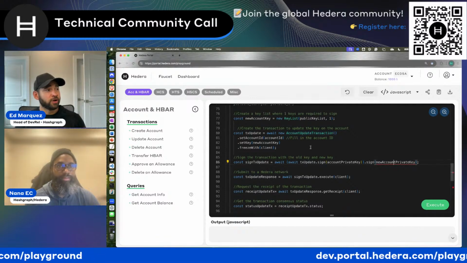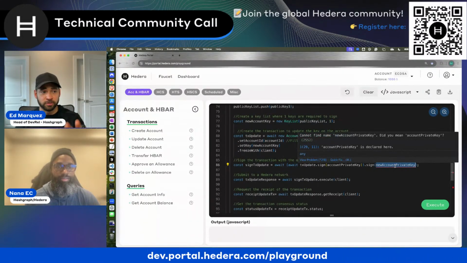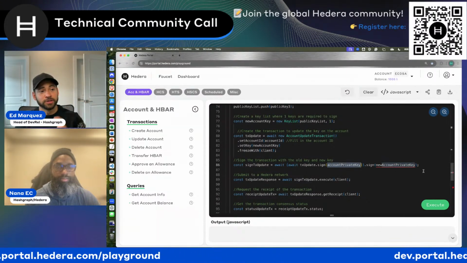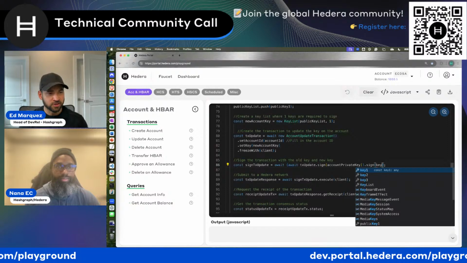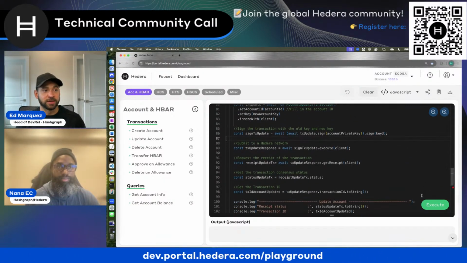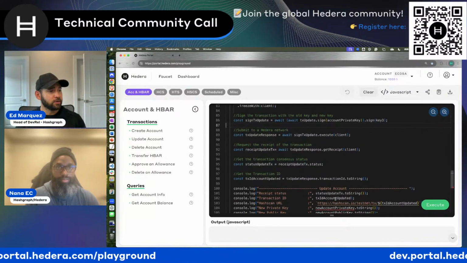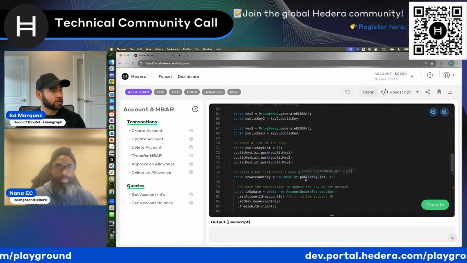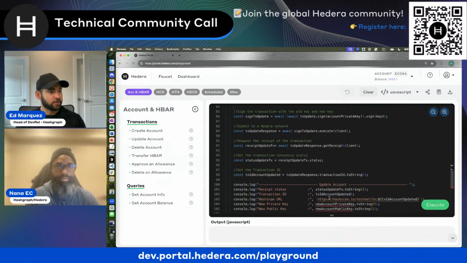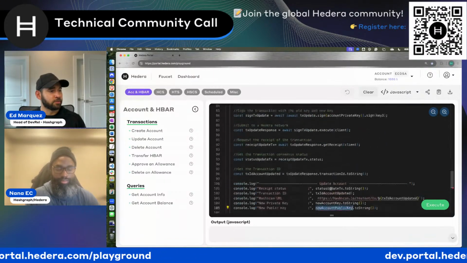Here's a requirement where our new key, at least one of the keys, has to sign this transaction, right? To rotate the keys of this account. So here we're signing with the old key of the account and any of the new keys. So let's say maybe key number 3 is the one that signs this transaction. And then we have some information that we want to bring down here. So we're just going to say new account key. And this is, I believe, public key list.